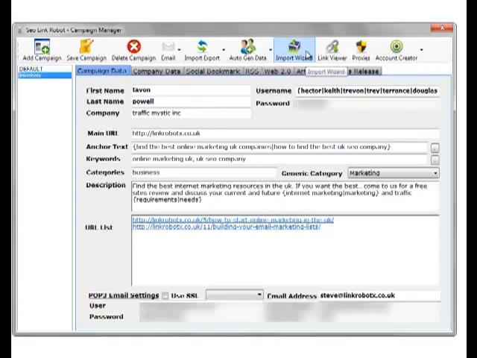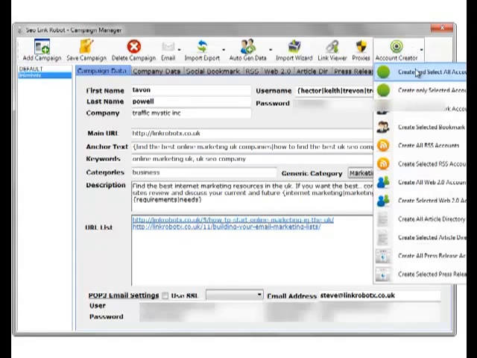You have an import wizard if you're upgrading from version 1 to version 2, where you can import all your profiles, all your accounts, all your links. We have a link viewer, which you can view all the links that's connected to a campaign. You can also add links, delete links, and verify that your links still exist. We've actually got a proxy manager as well, where you can add in proxies, and we've got an account creator. The account creator in the Pro edition of the software is automated,